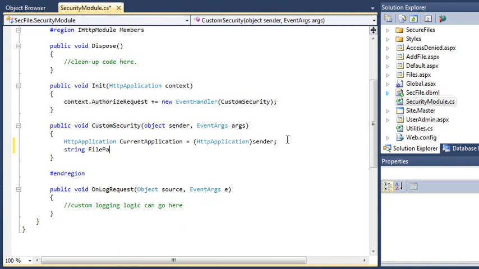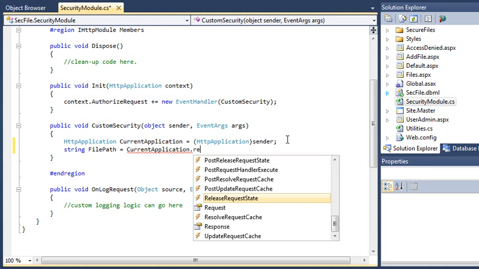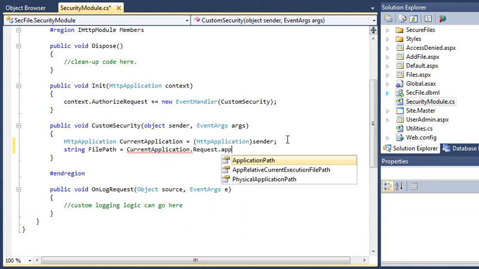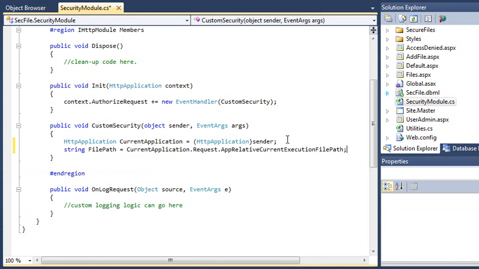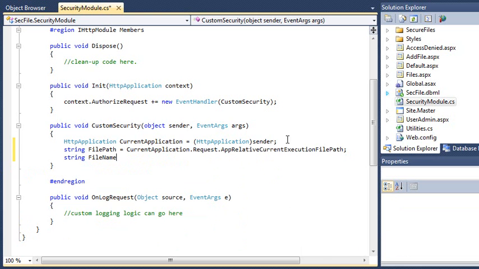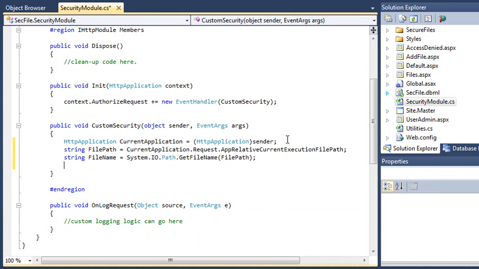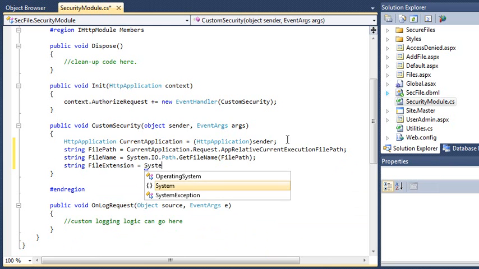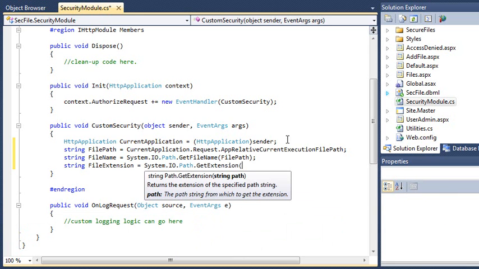String filePath = HttpContext.Current.Request.AppRelativeCurrentExecutionFilePath; String fileName = System.IO.Path.GetFileName(filePath); String fileExtension = System.IO.Path.GetExtension(fileName);